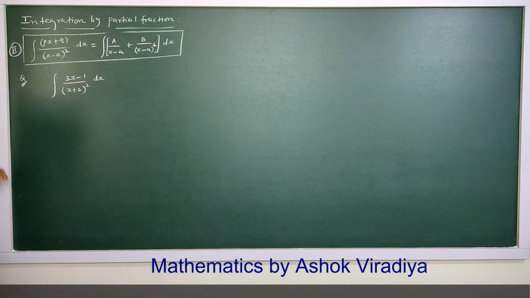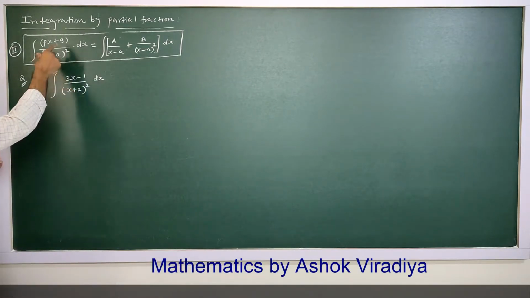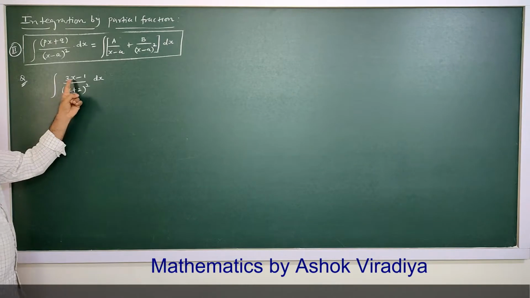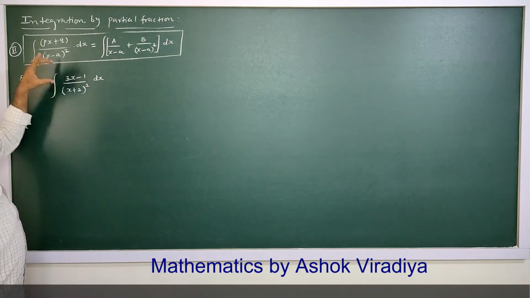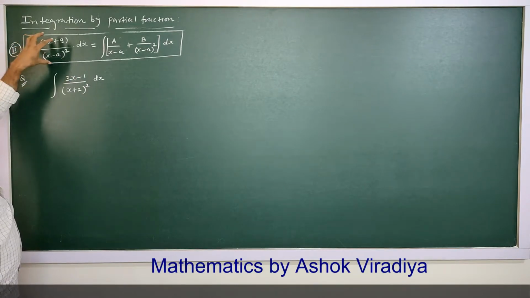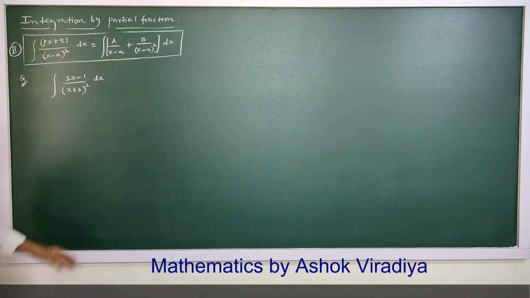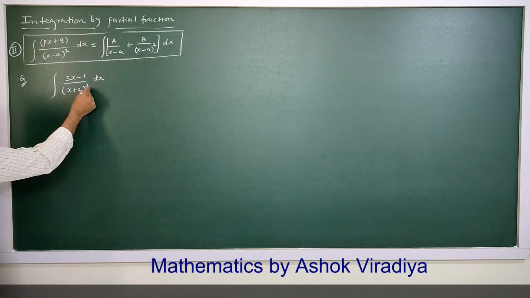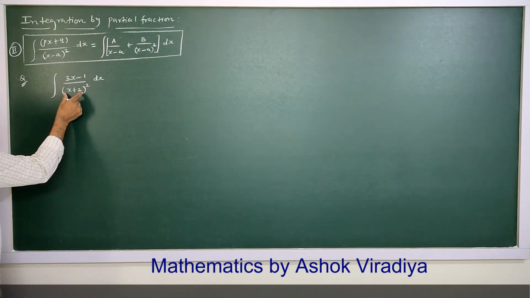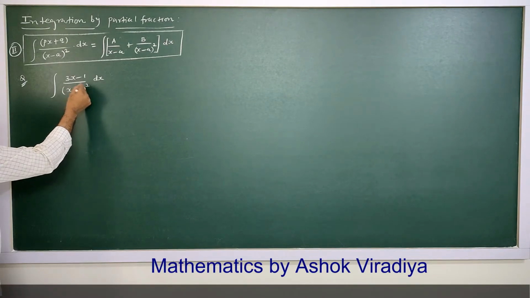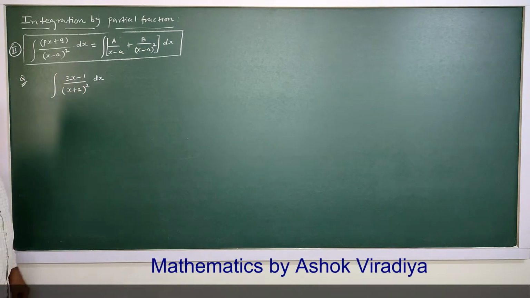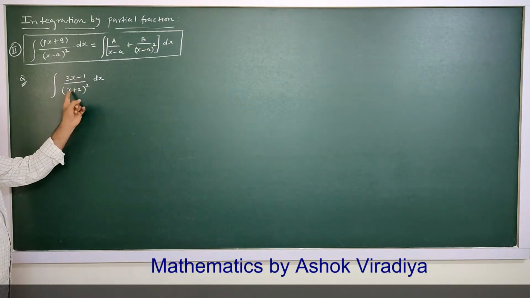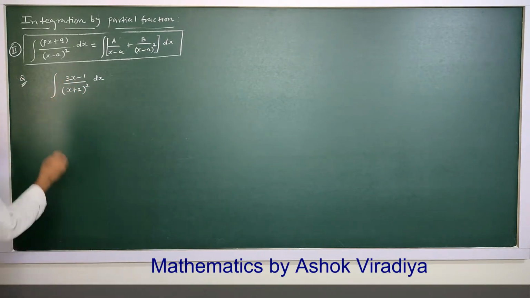So see, this is of this pattern, px plus q upon x minus a whole square. You can match the pattern of this integrand with this design. So if such an integrand is given in which the linear factor is repeating, x minus a whole square, and the numerator has less degree, here the degree is 1, here the degree is 2, then this can be expressed as